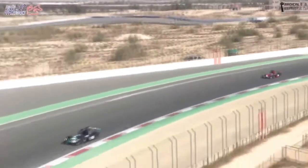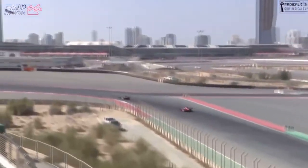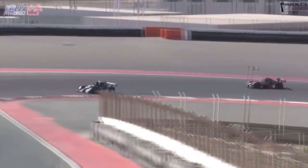Bit of a handy little battle this. It's not really let up since the start, has it? Johnny Kazoum versus Marcus Bamberg, and it's going to be a case of who blinks first, essentially. In the heat of the United Arab Emirates sun, it's going to be very, very interesting to see which of